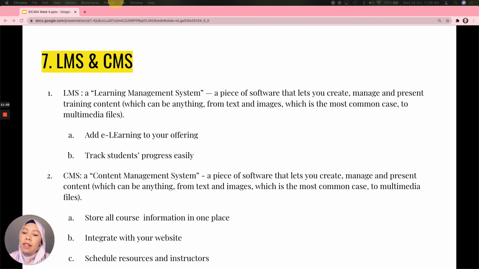All right, the next type of website is LMS or CMS. Do you know what LMS and CMS are? Now, let's look at LMS first. LMS, or Learning Management System, is a software application or a web-based technology used to plan, implement, and assess a specific learning process. It is used for e-learning practices, and it is most common